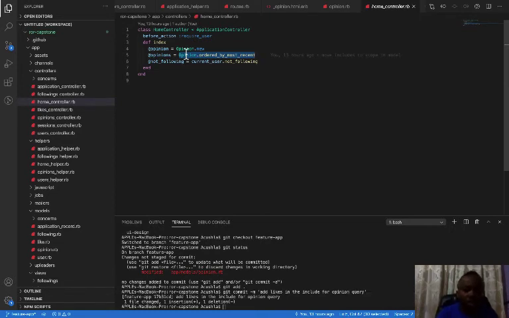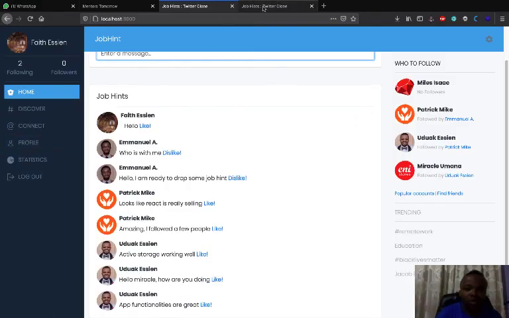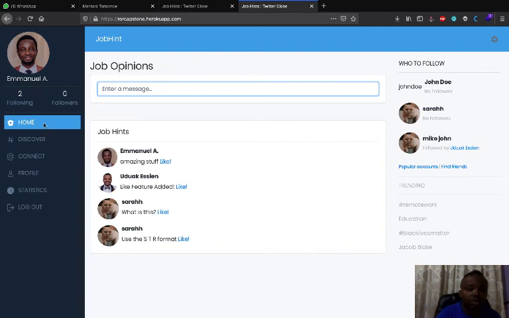The rest of it is just the basic concepts of the Ruby on Rails process: the controller, the likes, the saving. And I also pushed the project to Heroku. So it's live online,